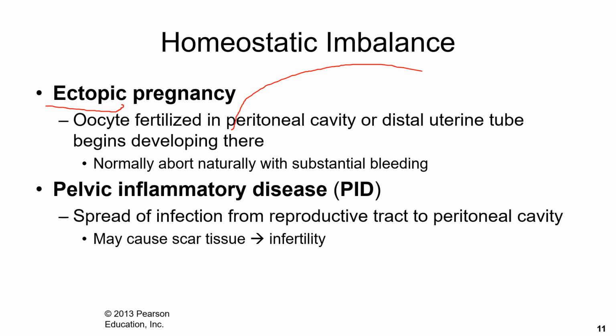And those who survive an ectopic pregnancy, with the body healing, it may result in PID or pelvic inflammatory disease, which is infection all over the abdominal or peritoneal cavity. But for those who recover from it, the healing of the body can result in scar tissue that can result in